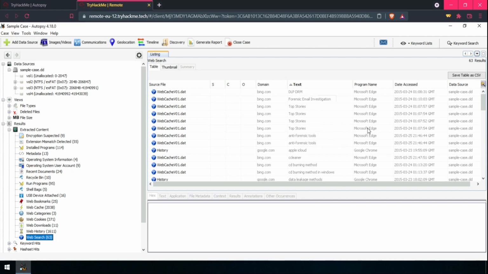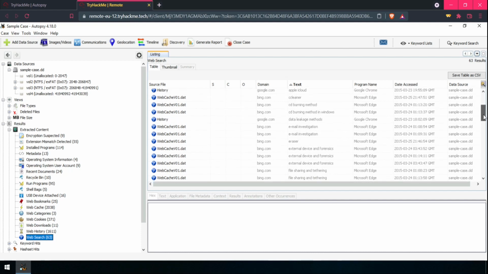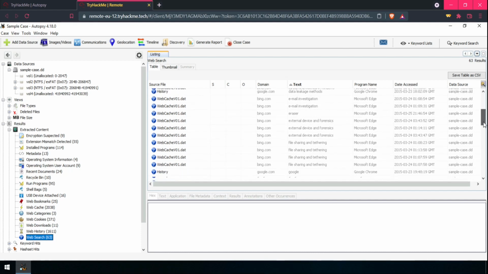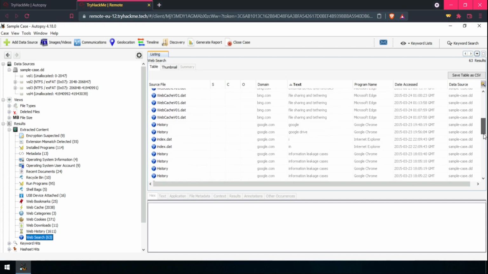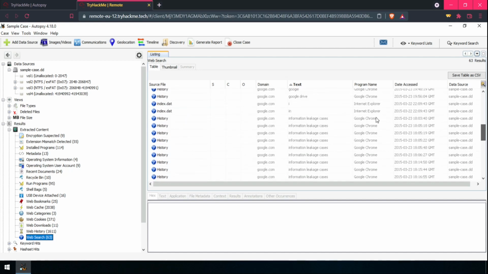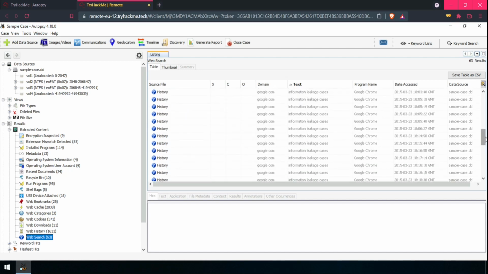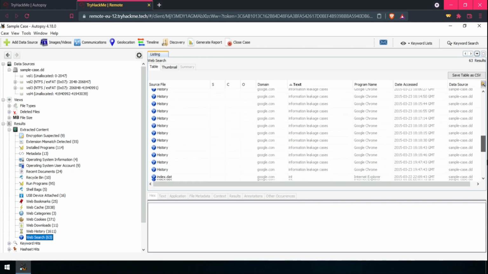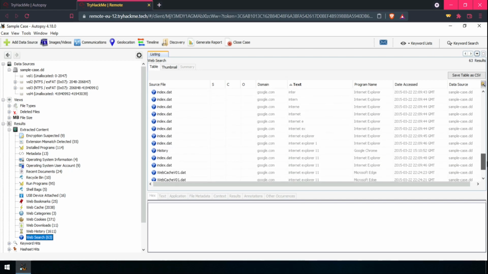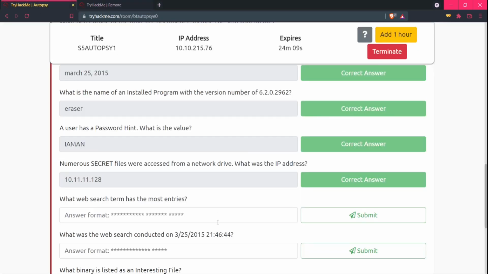Anti-forensics tools, they are combined at once. And let's see which was searched the most. So there it is, information leak cases. I think it has occurred many times. Yes, it has occurred many times. That means information leakage cases is the search term which was accessed many times.